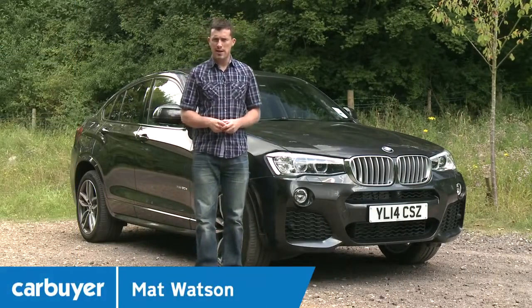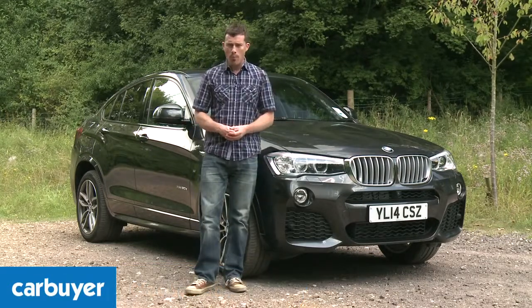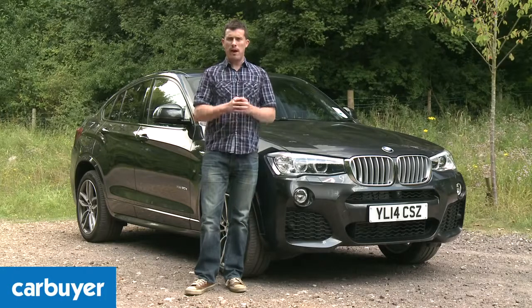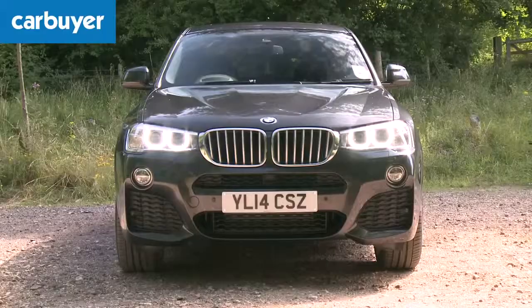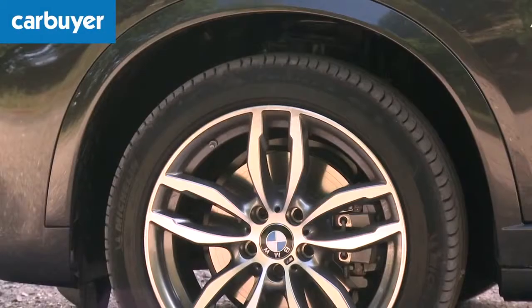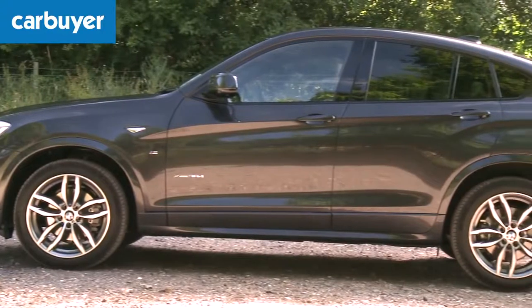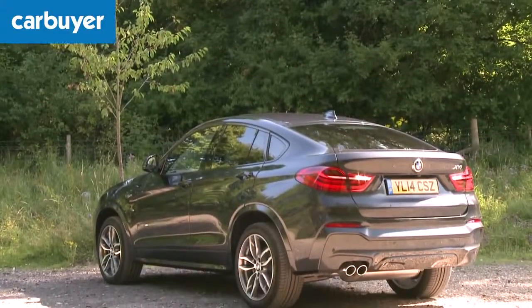BMW is one manufacturer that's determined to leave no niche unfilled, and that's why we have this, the X4. It's a compact SUV coupe, which is essentially a baby X6. It's based on the X3, only it sacrifices some practicality in the interests of style. The most obvious change is that sloping roofline, which is supposed to make the X4 look like a sports car